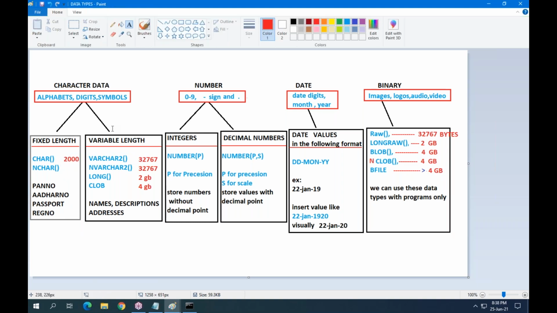Next one, where you see character data for the fixed length characters, we are using char. For the variable length characters, what are the data types? To store different lengths of values, Oracle is providing these data type names.